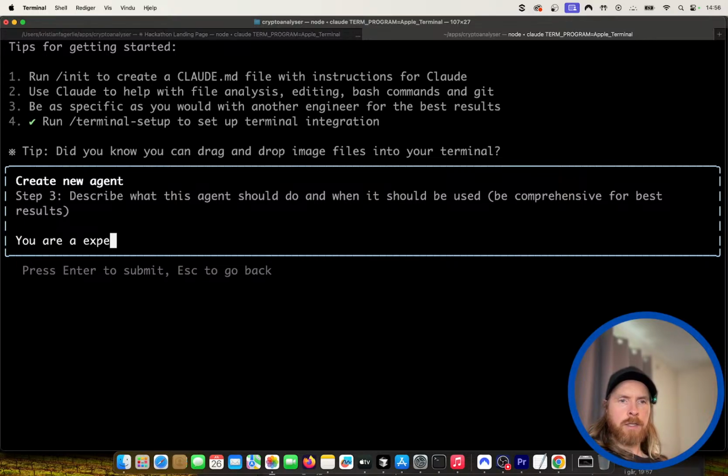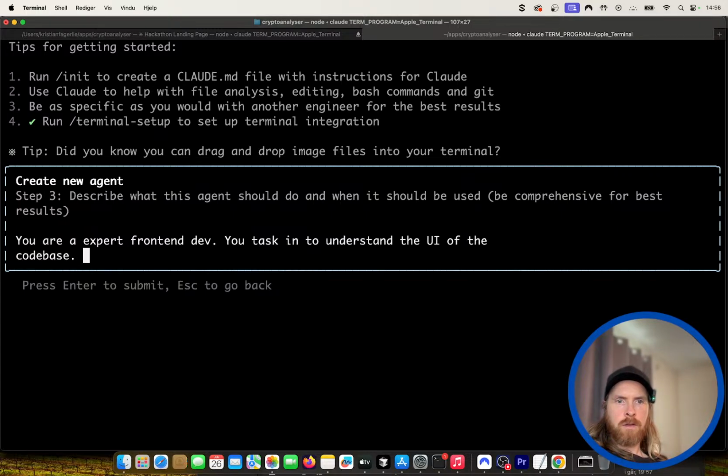You are an expert front end dev. Your task is to understand the UI of the codebase. Only work on the front end part of the codebase. I'm not gonna give it any more.